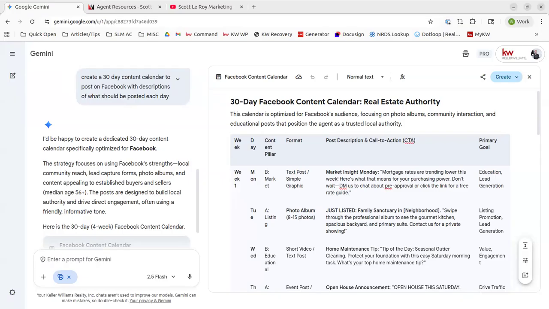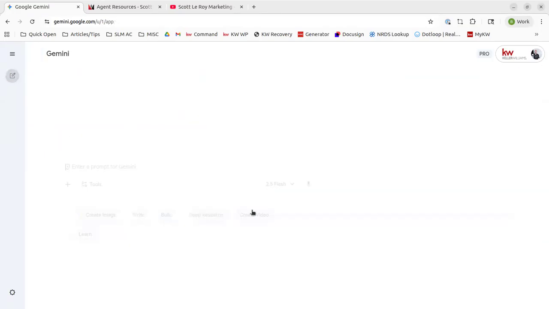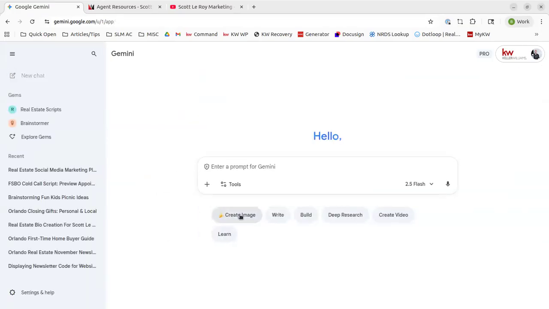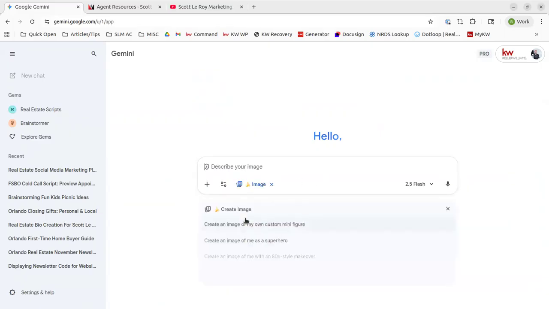So one more thing we're going to show you how to do here is we're going to ask it to create an image for us. So we can start a new chat. We can type right here to ask it to create an image, or we can just click this create image button right here, and we'll describe that image. So we'll say,